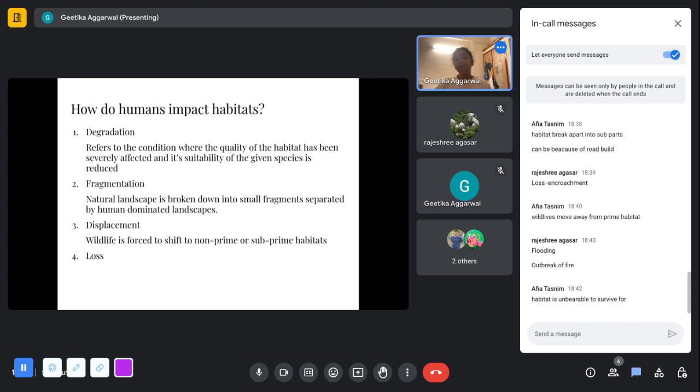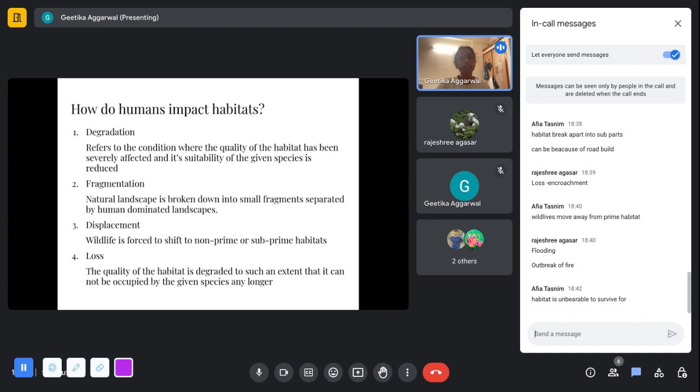Yeah. Correct. So the habitat is no longer in a condition that this particular species can live there. The quality of habitat has degraded to such an extent that it cannot be occupied any longer and you cannot stay there. So that will be called a complete loss. I hope it is clear how these terms, even though they might be related, are subtly different